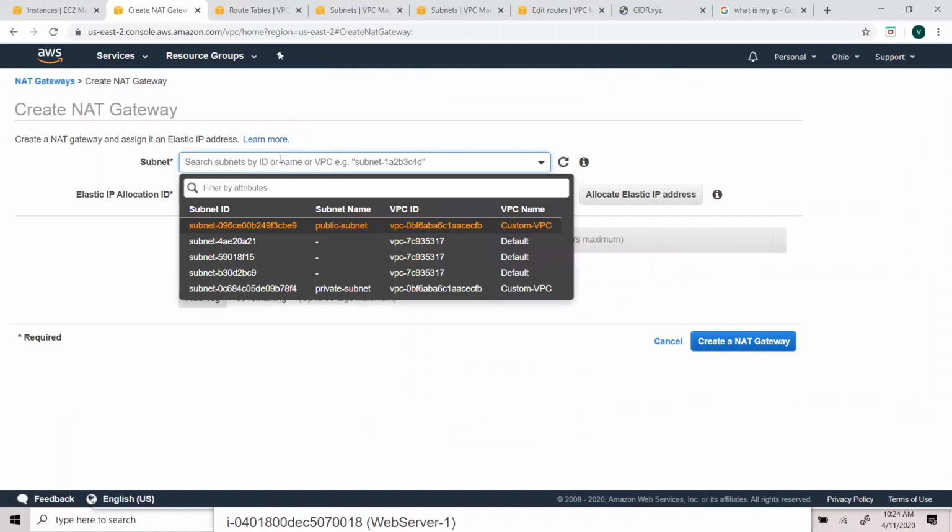And where do you want to put this one? Your NAT instance or NAT gateway must always be in a public subnet only. Resources in the private subnet go through either the NAT instance or NAT gateway that resides in the public subnet. Does it make sense, guys? Only because they are attached to the internet gateway. I'm actually acting as one more proxy, that's all. But why are we getting an option of a private subnet here? Because